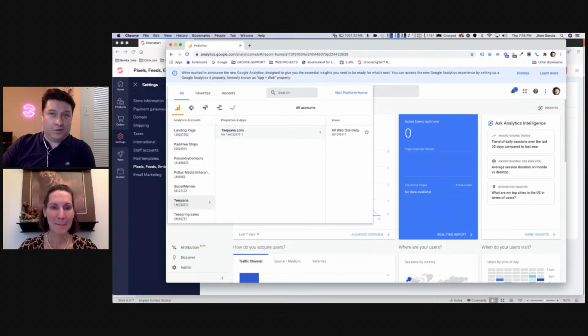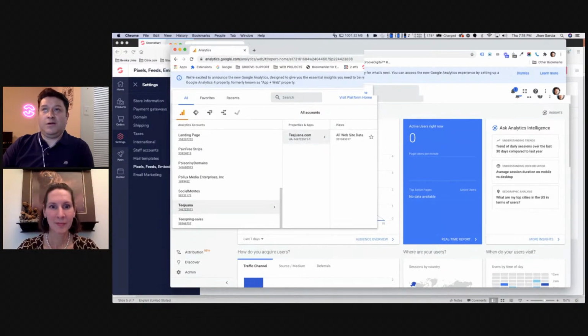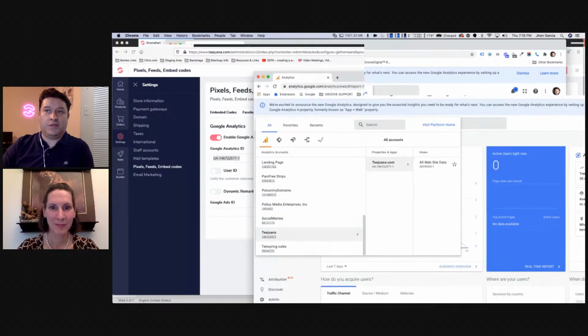But Tijuana.com is actually one of the stores that I'd run before, and I use it as a test store here in Groovekart. So once you have your store set up, your domain set up here, you get the ID, and this is the ID that we have here. You see, remember the number, the UA146? This number is the one that we have right on our property right here. You see, it's the same number,